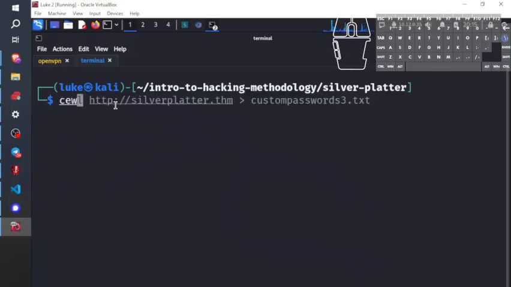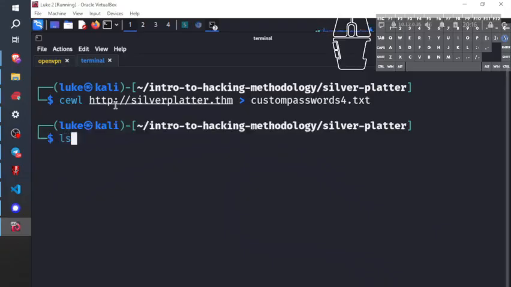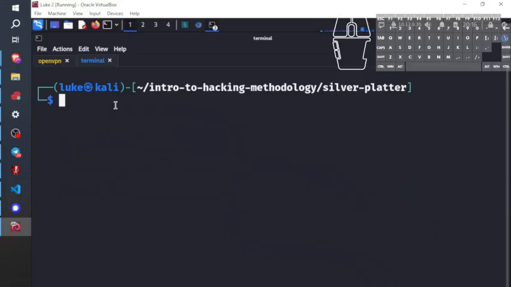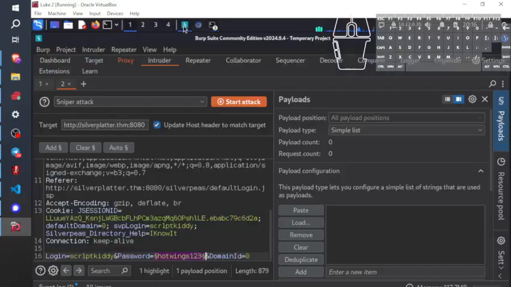And now we're going to use the cool tool, CEWL, HTTP. Here's our target, /silverplatter.thm, sideways caret, east facing caret, and we want to give it now a file name, custom passwords 4.txt. And what this does is it crawls the entire host website for every word that's on the website and creates a word list out of those words. So now that we have that,